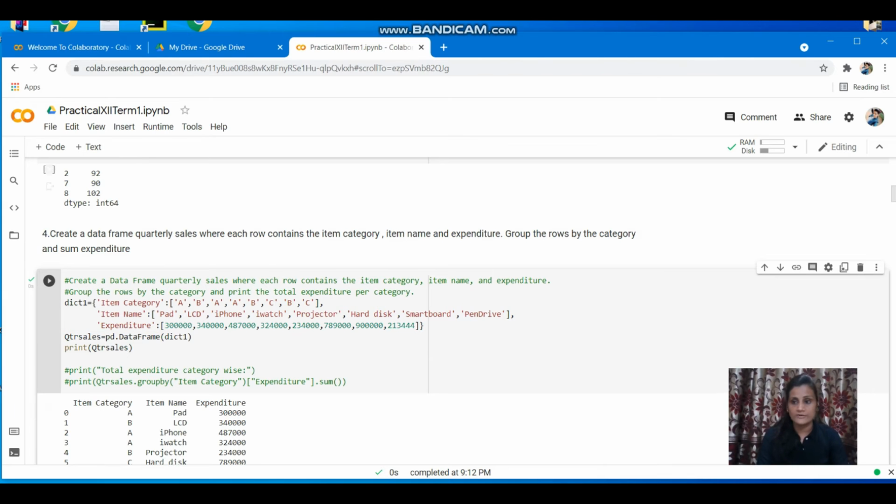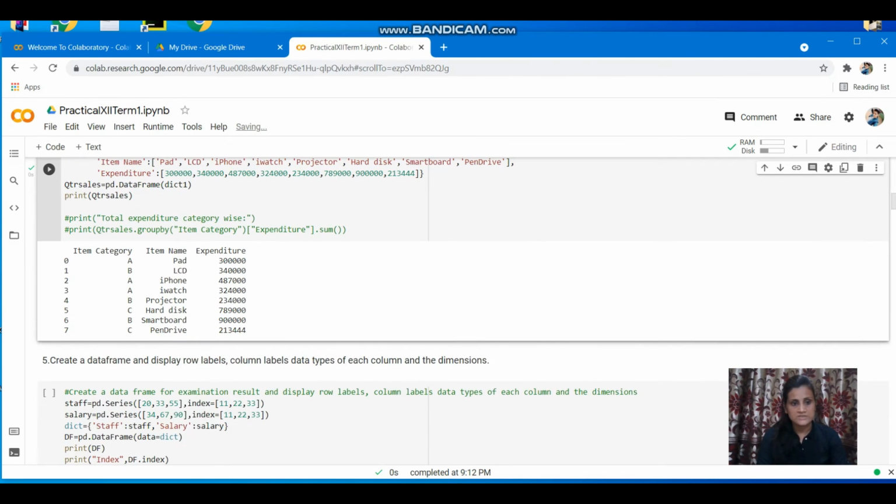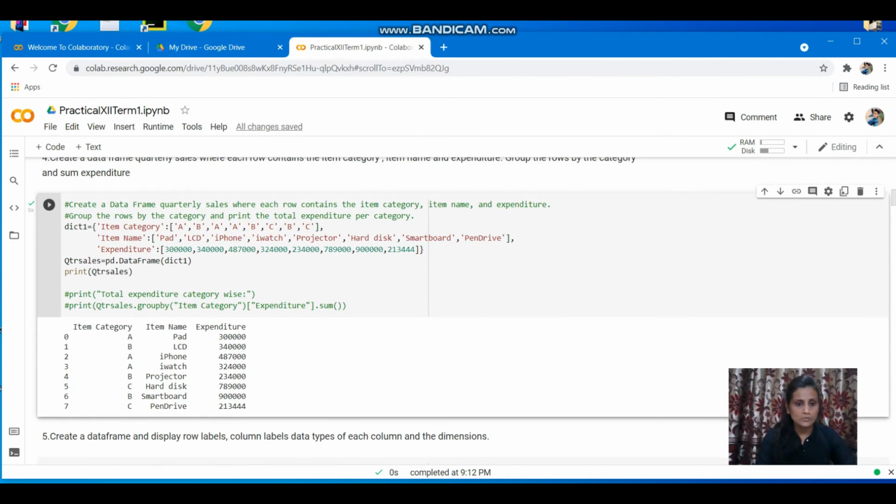This is the first data frame we are creating, so try to understand what we did in the dictionary and how your content appears over here. These are, as I told you, indexes, but they are implicitly put up. We don't put them. If you don't provide indexes, this is what it is going to give.